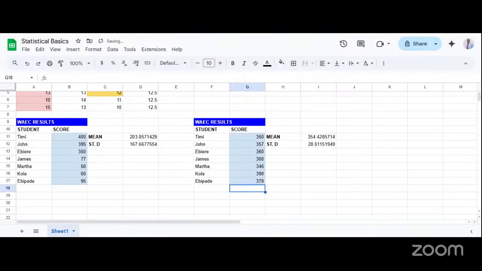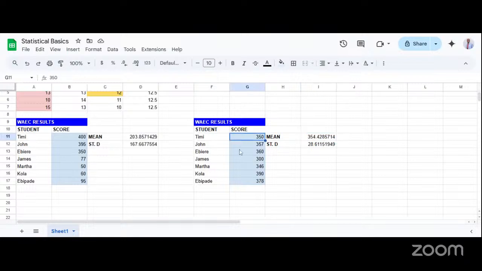378. Yes, so if I do it like this, you now see all these students in this context had a grade between 300 and 400. Then if you look right over there, you see that the standard deviation is now becoming lower. The standard deviation is now lower than the average. The mean is very close. It's a close representation of all the values here. The mean is around 350 something.